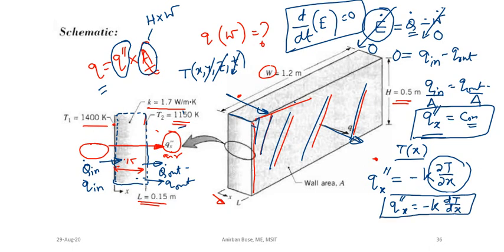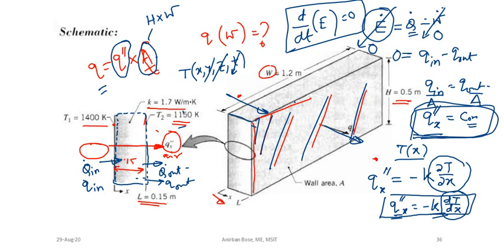Further, you have seen after applying the first law of thermodynamics for this particular system, that the heat flux is constant. And not only that, the thermal conductivity in this problem is also given, so you have to assume that thermal conductivity is also constant. If heat flux and thermal conductivity both are constant, then definitely this dT dx is a constant quantity. Okay, I think this is clear. So if dT dx is constant, the temperature gradient is constant, which means the temperature variation is linear.